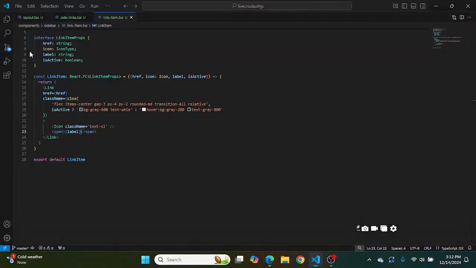So this is what it looks like on a large device. And as you can see, it's already distinguishing that we're on the home route. So that is the link that is highlighted. But let's go back and finish styling this first. So inside of the span, let's give this a class name of hidden, because on small devices, we don't want to be able to see the label. And if we go back,